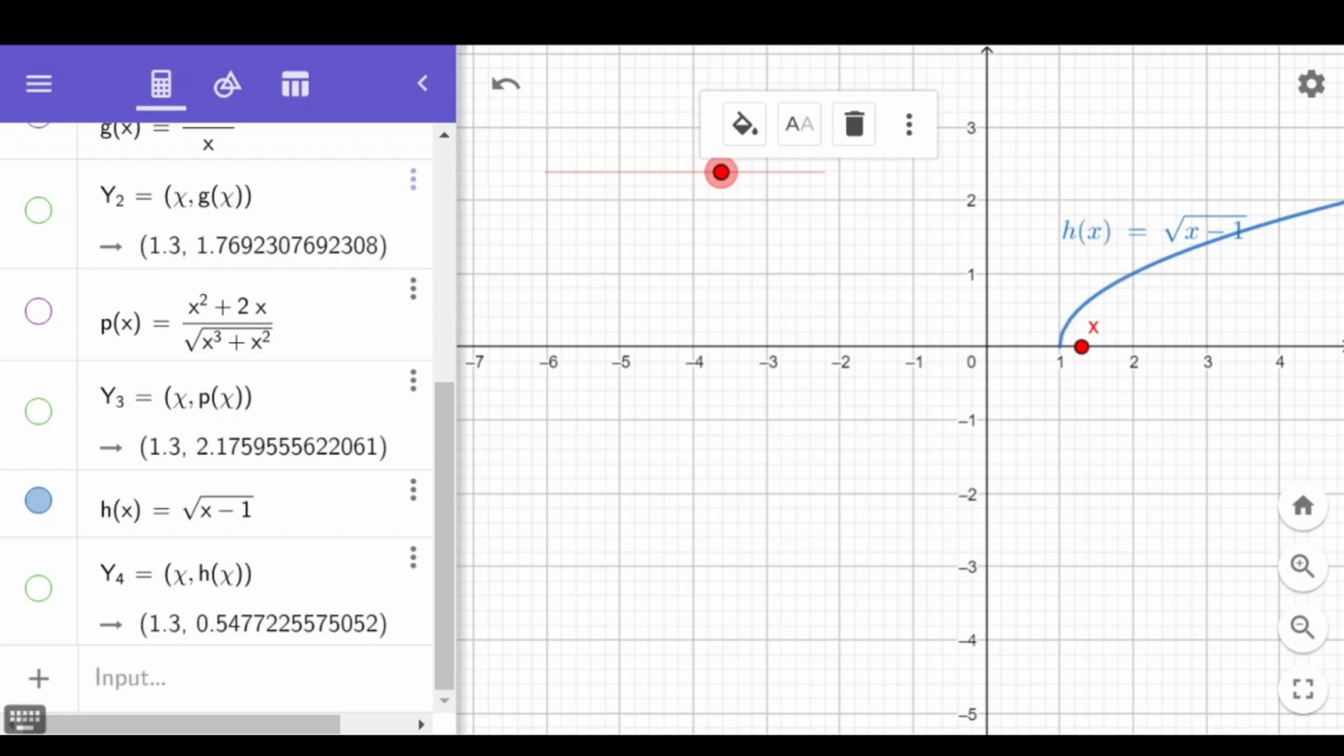Ibigay natin, this is our function, h of x. It's our fourth function defined by square root of x minus 1. At exactly x equal to 1, the function is undefined. Hindi naman pala, it's still defined pala. Walang problema dyan. Pero pag punta natin sa